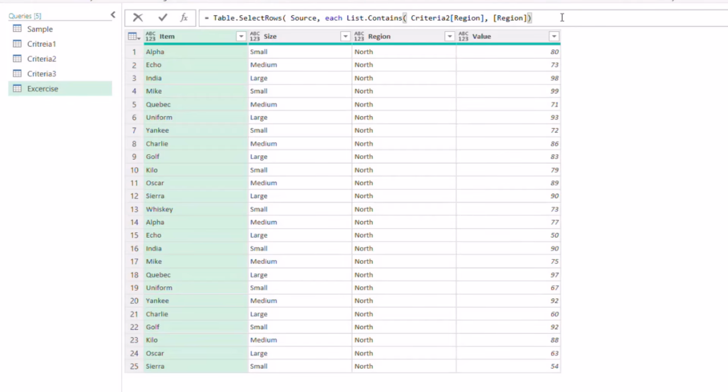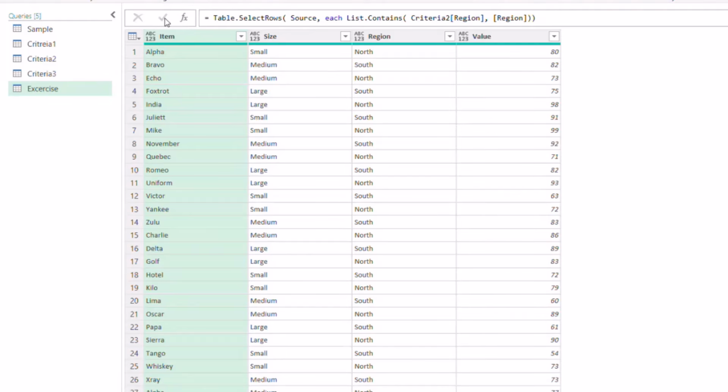Close the parenthesis for List.Contains and the Table.SelectRows function. I will click on the tick mark. Now you can see the filter applied for north and south rows in the region column. These are all usual methods. People can do this, but